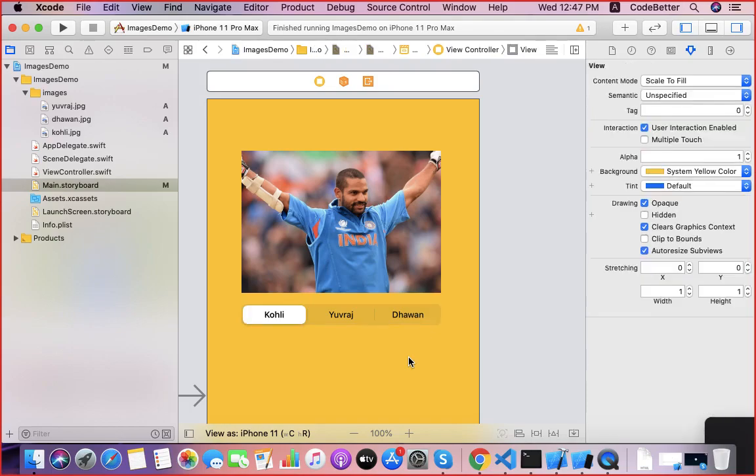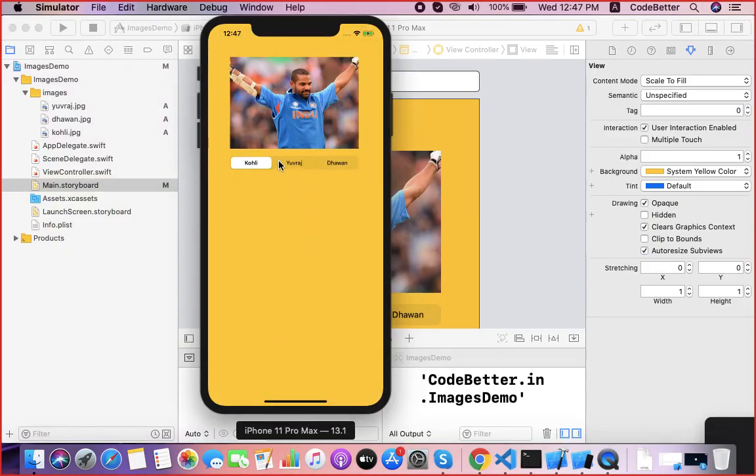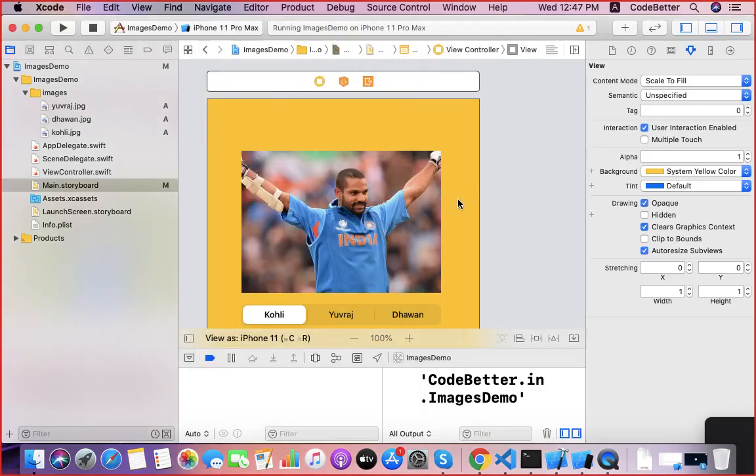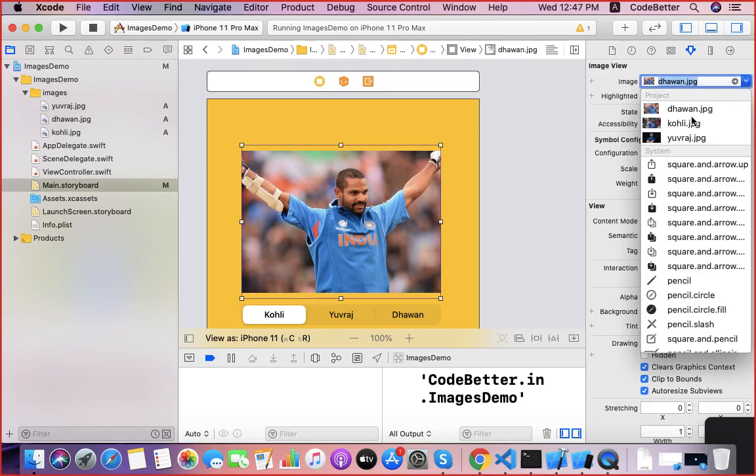And we will change the image based on the segment selection. So if the user selects Kohli, we will display Kohli's image. If the user selects Yuvraj, we will display the Yuvraj image. If the user selects Dhawan, we will display the Dhawan image. By default, since Kohli is selected, we display Kohli's image.